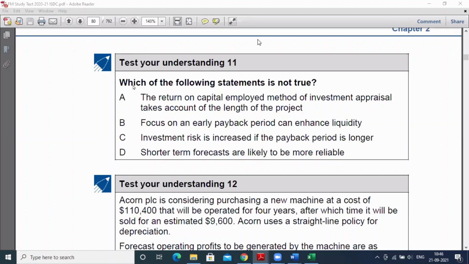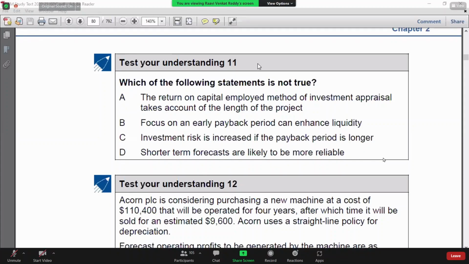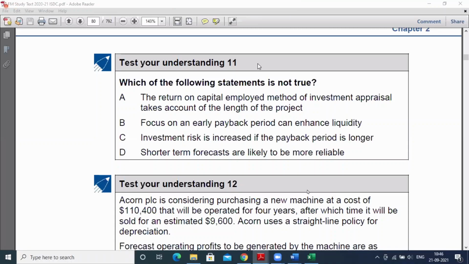Okay. I hope you understood. Suppose you are recovering your initial investment in 2 years, then again, whatever amount you invested, you need to search for a project which gives return. So it is considered an investment risk. Let me know whether you understood my point. Yes, sir, understood. So what is the answer actually? Sir, it's A. Yes, sir.